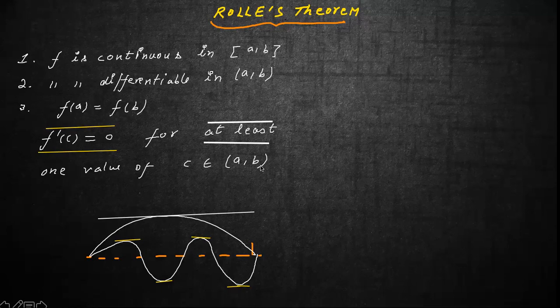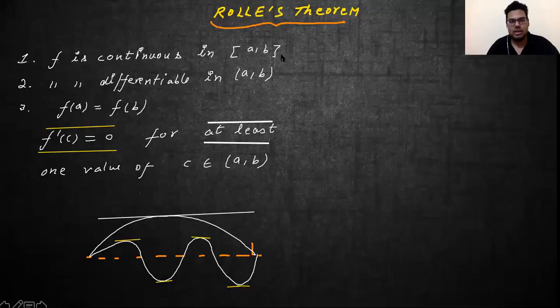So that is why we are talking about at least. It can have any number of tangents which are parallel to the x-axis. Of course, if you look at the theorem, it will seem very obvious. The point is, if I also look at it, I will realize it cannot be otherwise. It is just that this person has observed it before you. That's it, right? Try to understand.